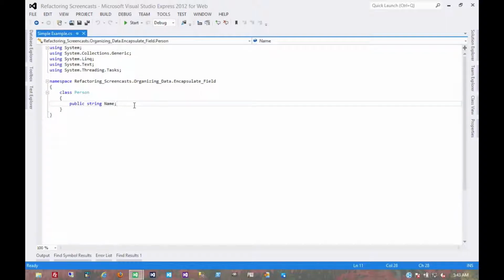Now, in C#, it's very simple to do this. We have this public field. We'll just add our accessors. And that's essentially all that's needed for the pattern. At this point, there is now an implicit private field backing this, and accessors to give you access to that